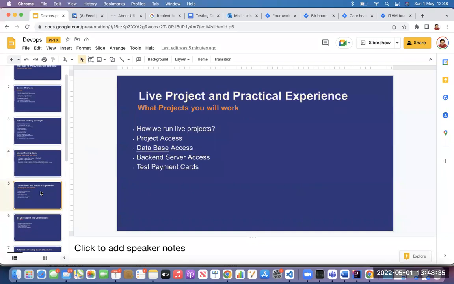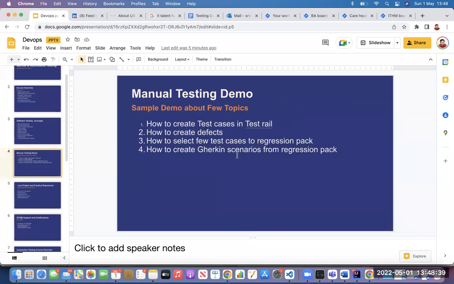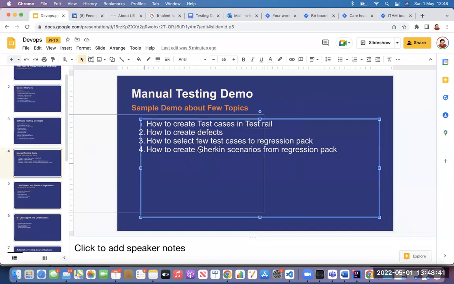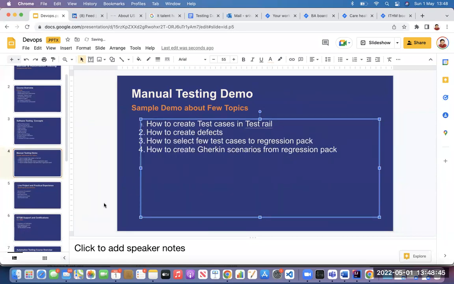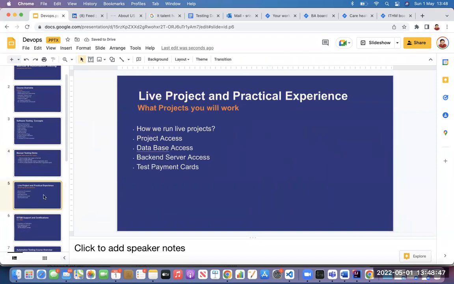Yeah, coming to the projects, guys. So yes, we give help. This is what we're talking about right now. We'll create Gherkin scenarios and perform regression testing. But for that, you need to have applications to test. You can't just open Amazon or Argos. That's what other people will tell you, but that is not what you should test. You need to know the real-time applications.